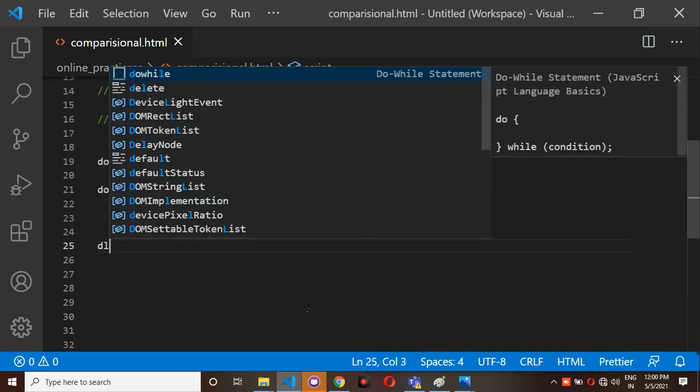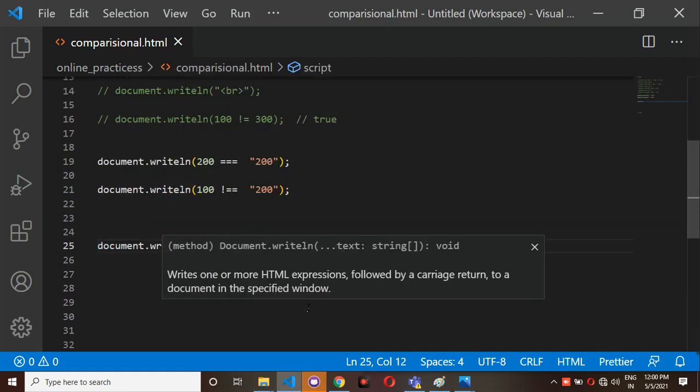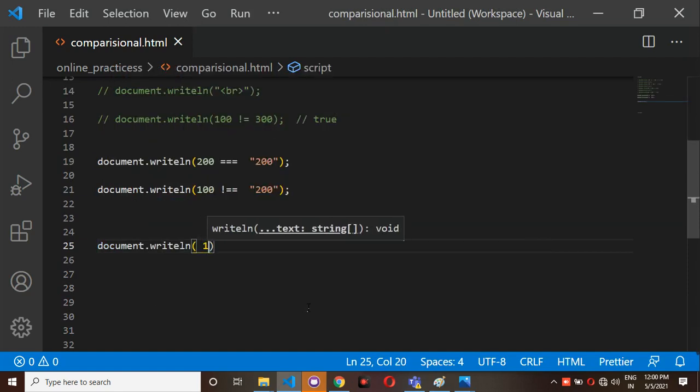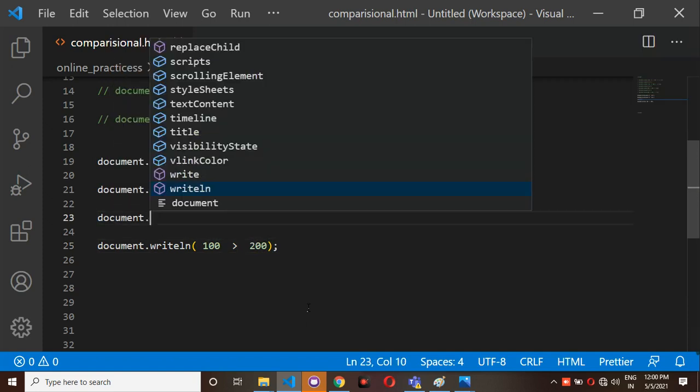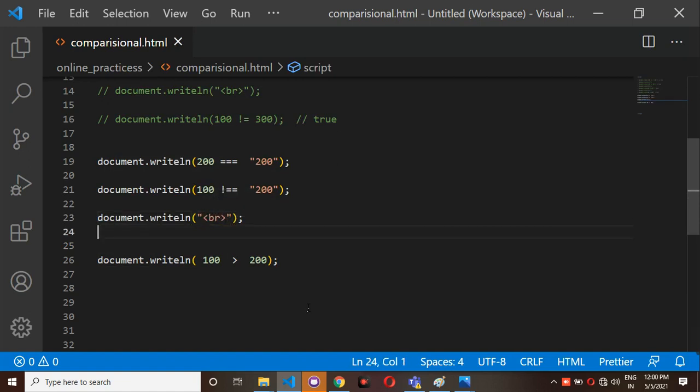And one more thing, I am going to do something: document.writeln, and here for example 100 is greater than 200 I have written. Inside double quotations I have written one br. You can check here. What I am doing is nothing but a greater than operator.